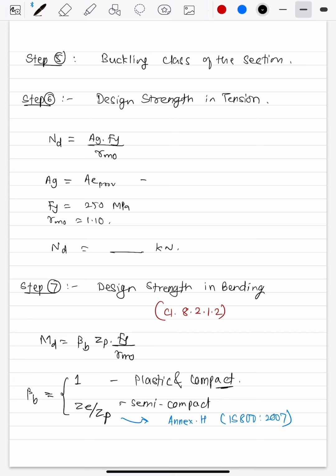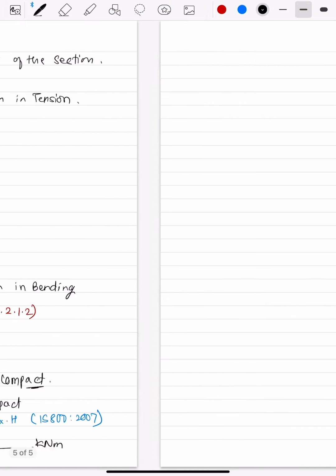Then fy is 250 MPa, and gamma m0 is equal to 1.10. So that's how you find your Md. You get some value in kilonewton meter, and then your final step for the problem is